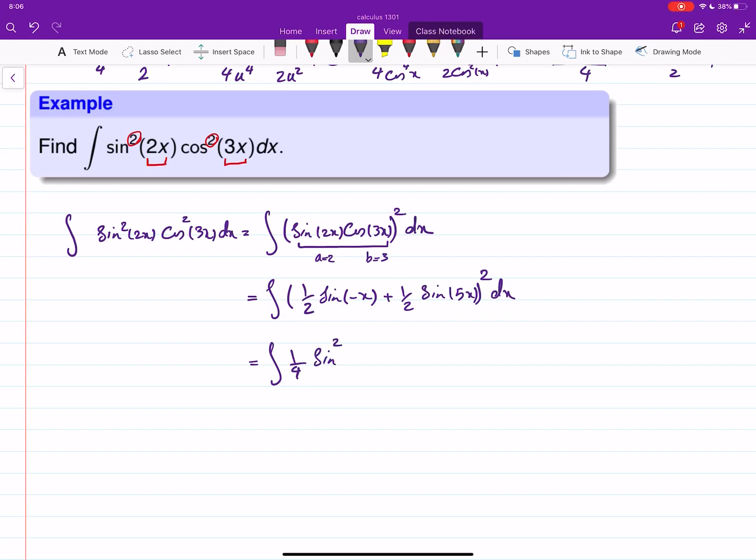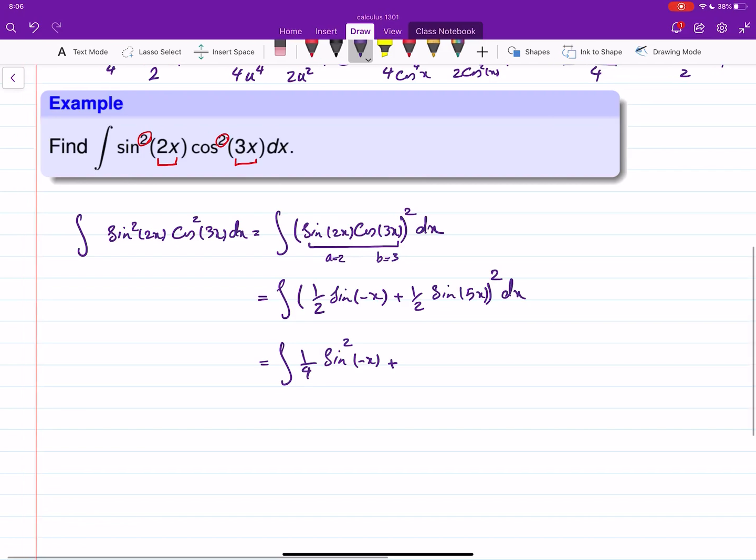sine squared negative x plus 2ab, so 2 times 1/4 is just 1/2 sine of negative x sine of 5x plus 1/4 sine squared of 5x dx. Well, look at the first one here. This is